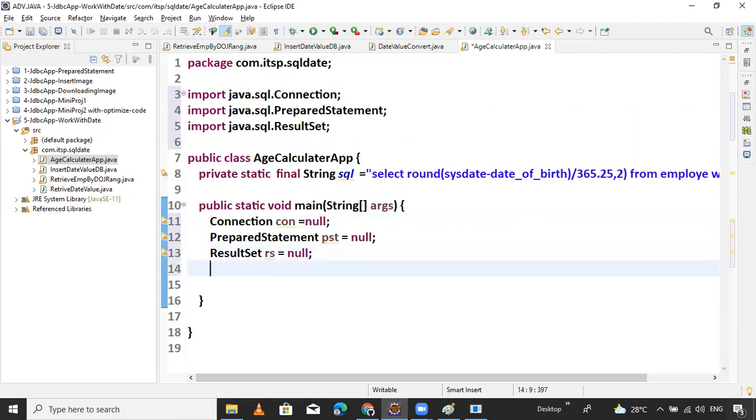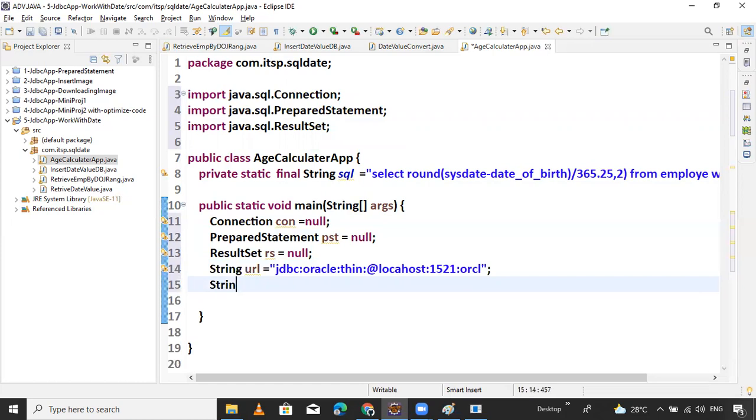Now here you can prepare one thing. Before that, you can prepare String URL. What is the URL of JDBC? jdbc:oracle:thin:@localhost:1521:orcl.